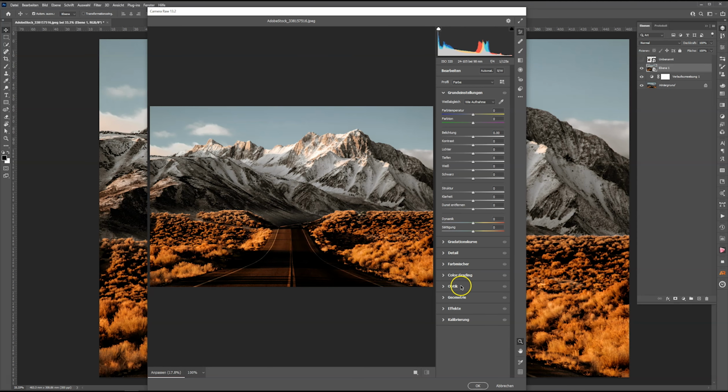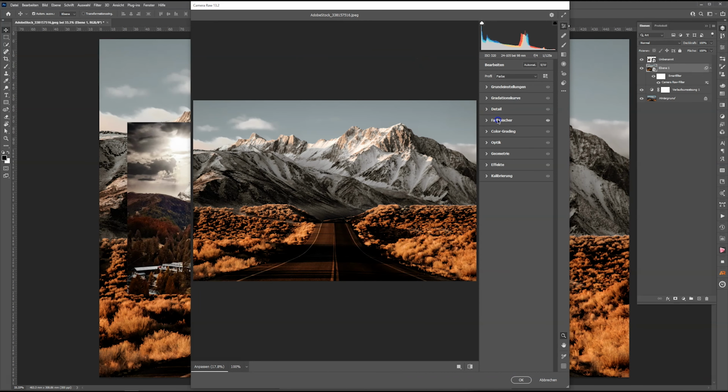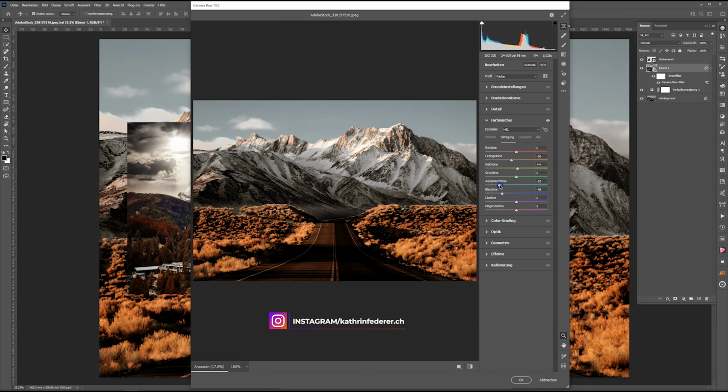You have full control. I would go to the color section and then reduce the orange a bit, maybe a bit more yellow. Then I darken the sky here. And there is so much to play around. You can take your time to do all that. And if you want to compare,